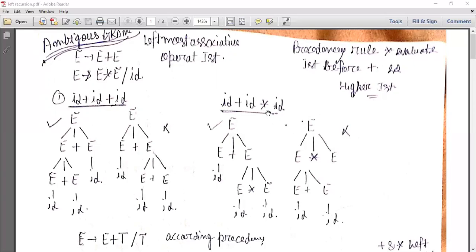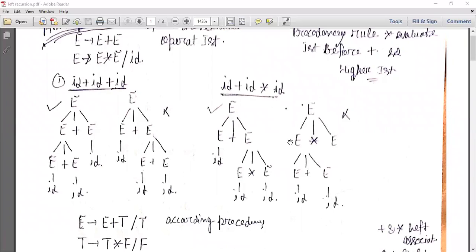Now we take the next example for the rules of precedence: id plus id asterisk id. We construct two different parse trees. Which parse tree is correct? According to mathematics rules, asterisk has higher precedence in comparison to plus. So first we evaluate the asterisk and then the plus. So in the two parse trees, if we evaluate first,